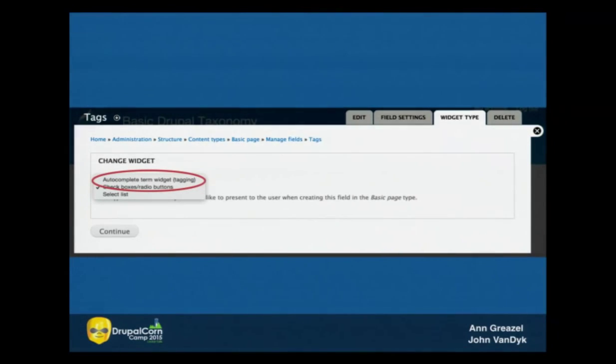So this is something to remember, often you don't touch a site for a while and you have to come back and change stuff. I would expect to find this in the settings for the vocabulary. Right. Where I would have an open or a closed button, but there's nothing there. You have to actually come in and change the widget on your term reference field, and that's what determines whether you add terms or not. Yes.